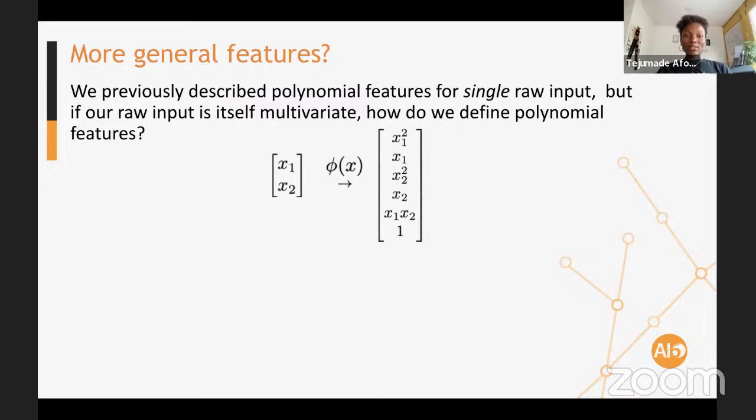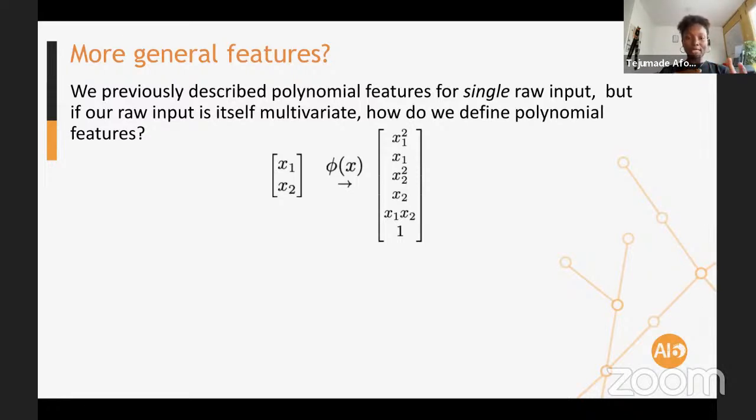So, more general features. If we wanted to move from a single raw input, let's say we have two features now. We're no longer dealing in one dimensional feature. Now we have two features, x1 and x2. If we wanted to transform these two features using the polynomial features, it's not just going to be x1 squared alone anymore, right?